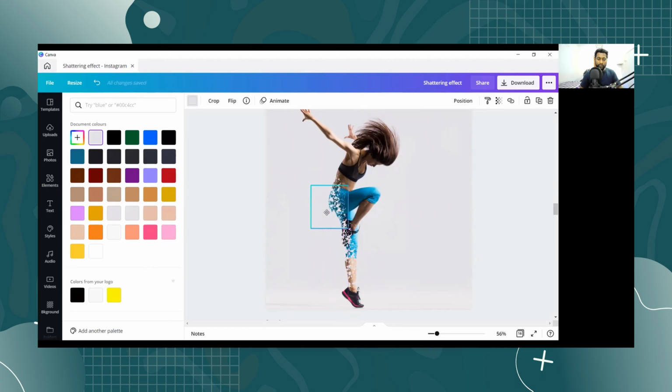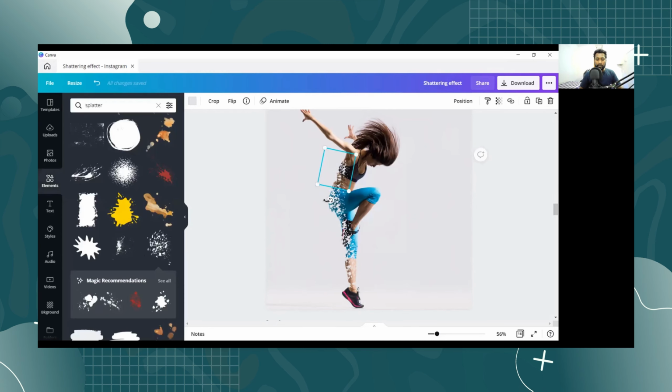Just make sure it is giving the desired effect that we want. You need a little bit of imagination here while creating this shattering effect, to decide how you want to shatter your design. The imagination part is required here.